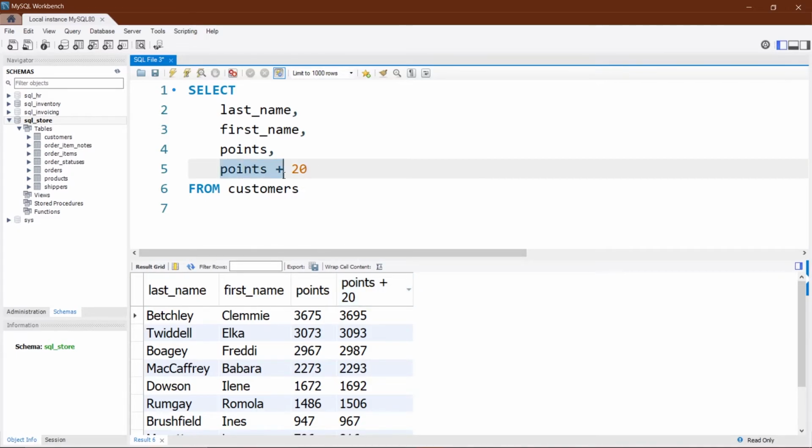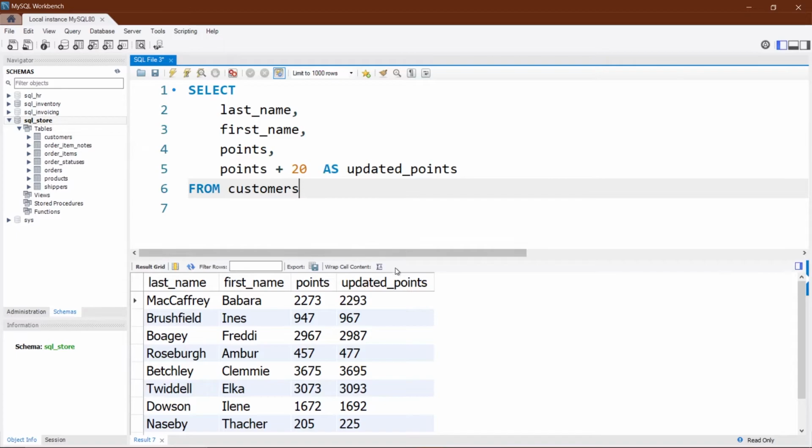After the points plus 20, I can give a space, and then I can write here as, and say updated points. If I again execute it, you can see now instead of points plus 20, it is updated to updated points. So you can see your last name, first name, points, and updated points here.